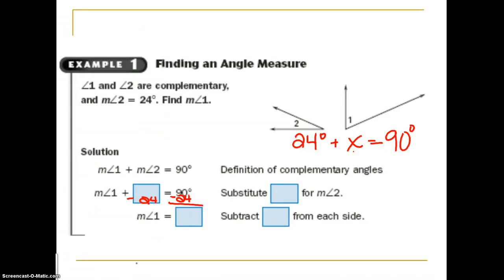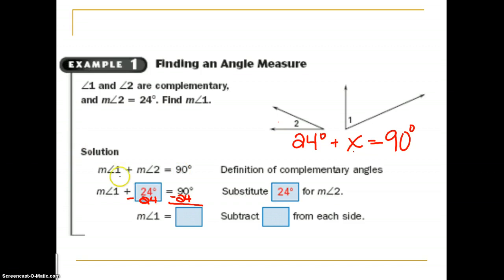For example 1, find an angle measure. Angles 1 and 2 are complementary. The measure of angle 2 is 24, so we know this is 24. What we don't know is angle 1. We know that if we add them together, they get to be 90 degrees. And that's what they did